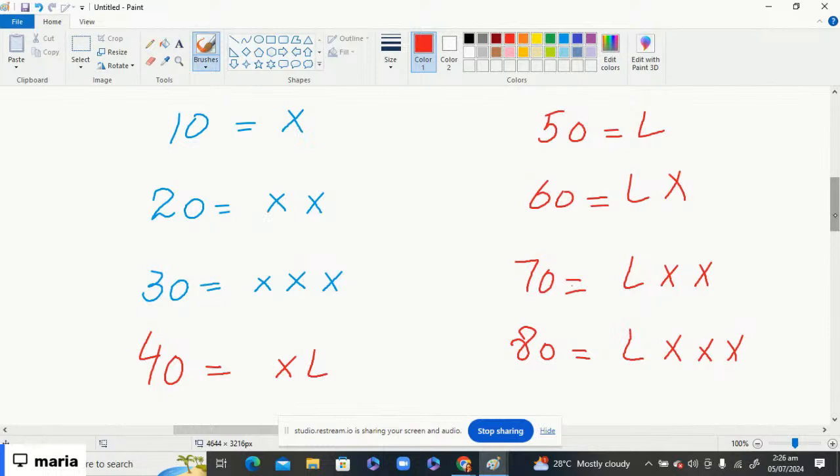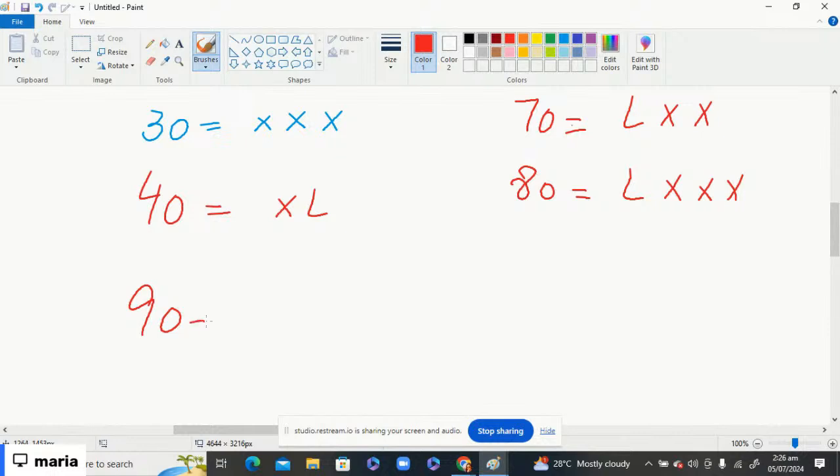Now only the 90 and 100 are different. For 90, you are going to write down X and C. And for 100, you are going to write down C. Okay? You remember one thing, 1 to 30 is the same, you're going to put X, double X or triple X. For 40 and 50, for 50 it's L, and for 40 it's XL, like 10 is minus. And from 60 till 80 it's the same thing, like 50 plus 10, 50 plus 20, 50 plus 30. Now 90 and 100 are different. 100 is represented with the letter C, and 90 is less than that. Okay,